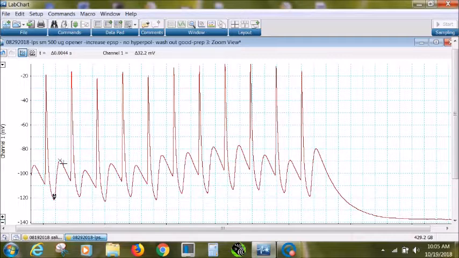And the number that we are looking for is this 32.2 next to channel 1, and that'll tell us the difference in the voltage between the marker and your cursor. And so if you go ahead and write down or enter that number into your Excel document, or just write it down on a piece of paper,